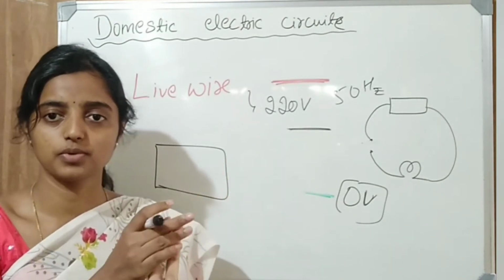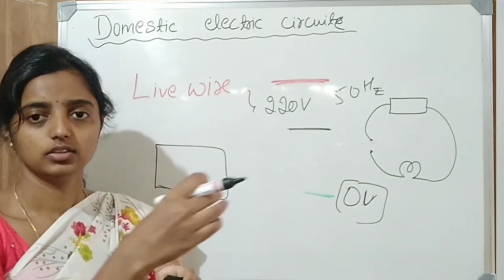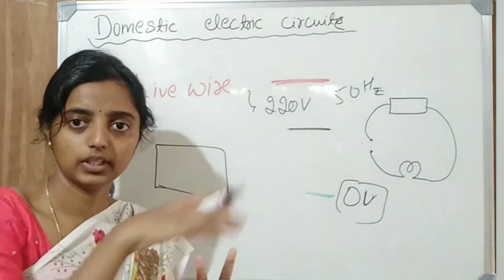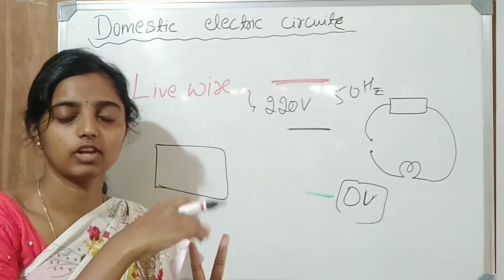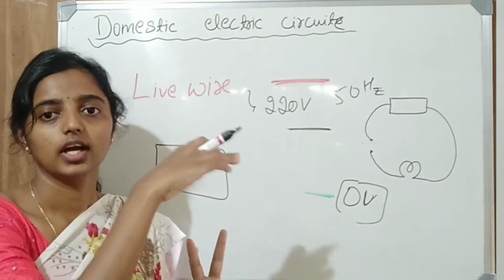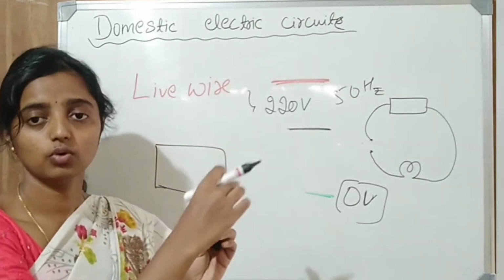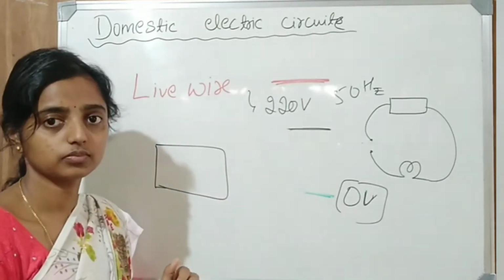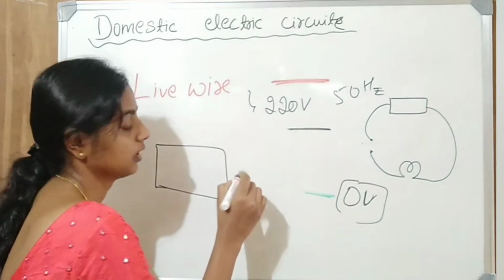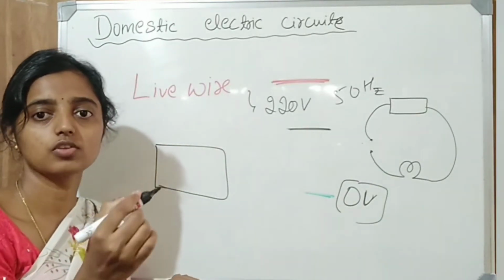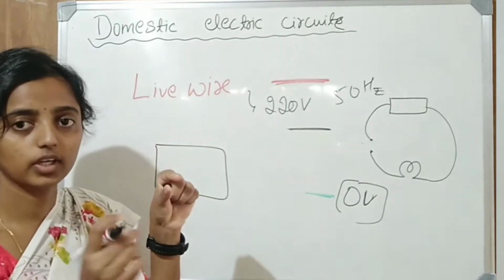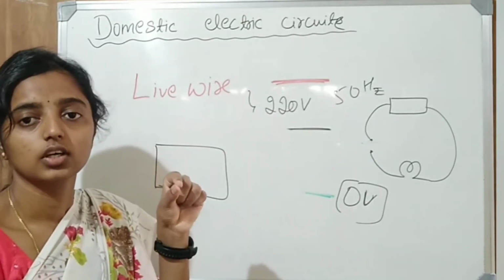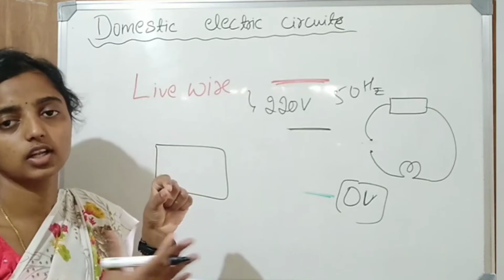Now we understood the purpose of the live wire and neutral wire, right? The current keeps flowing in the live wire, and to complete the circuit, when we switch on and off, it passes to the neutral wire, and hence current flows in the circuit. So what about this earth wire? I told you about short circuit. What is a short circuit? When the live wire and neutral wire come in contact with each other, current is produced in a high amount, and hence it leads to a short circuit.